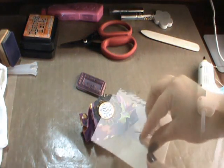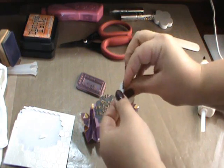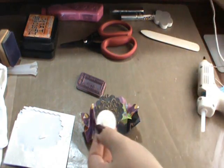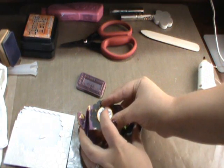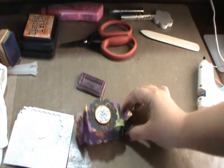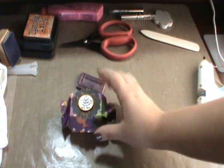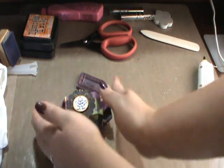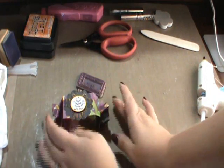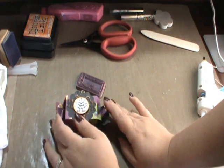And then what you're going to do is, I have some Stampin' Dimensionals here. I'm going to take the dimensional and put it right over here. Okay, and there you go, and that's my box. So I'm going to have 6 of the ones with the ribbon on sale, and then I'm going to have 6 of these not using the glue gun to be put together, but I'm going to use some acid-free ATG tape to put them together,